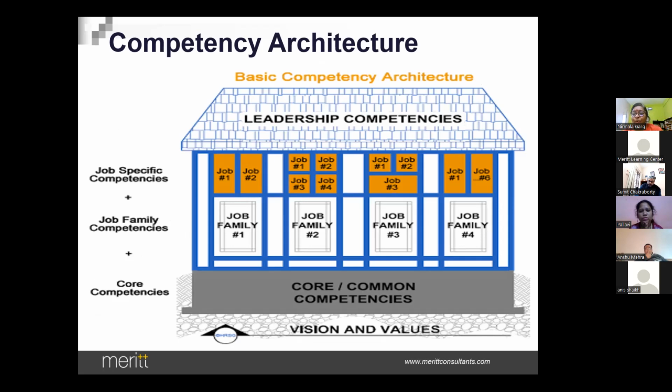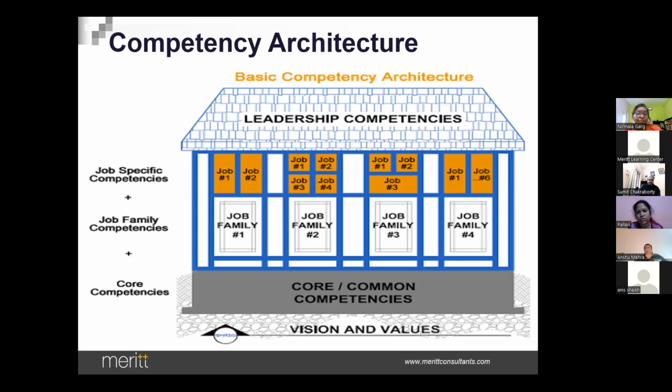Typically, who will be deeply involved in defining the core competencies? The founders, right? They will say, I want to build my organization based on this vision and values, and all that. So they become the core competencies. That is the bedrock. That is the foundation. They are called core competencies. For example,